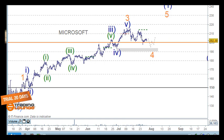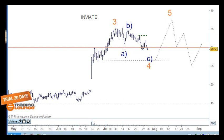So from here we'll go to the next stock on the list, which is InVitae. I'll need to use the stock code rather. Okay, so